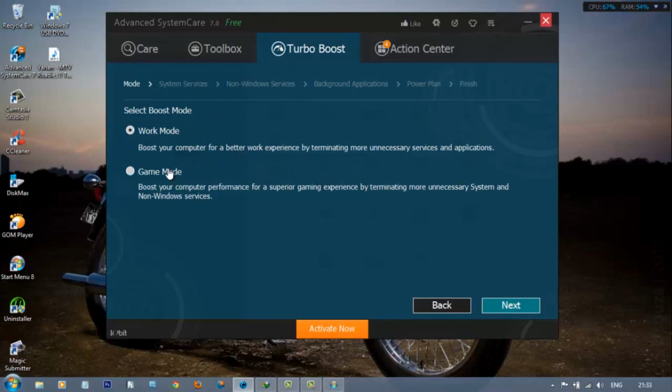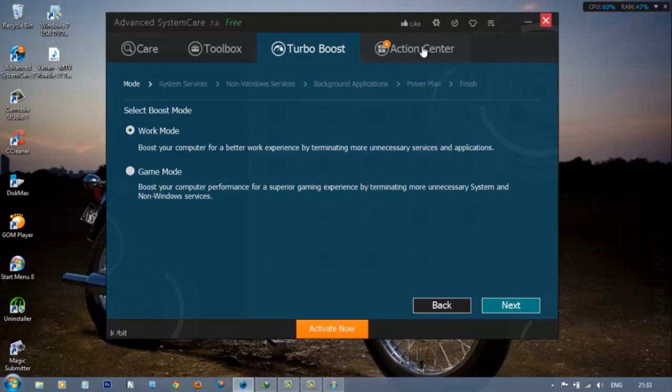While in game mode, it boosts your computer performance by giving a superior gaming experience by again disabling the unnecessary system and non-Windows services. So you don't get pings of unnecessary things while playing a game and can focus on only the game. As I'm working now, I'll keep it on work mode itself.